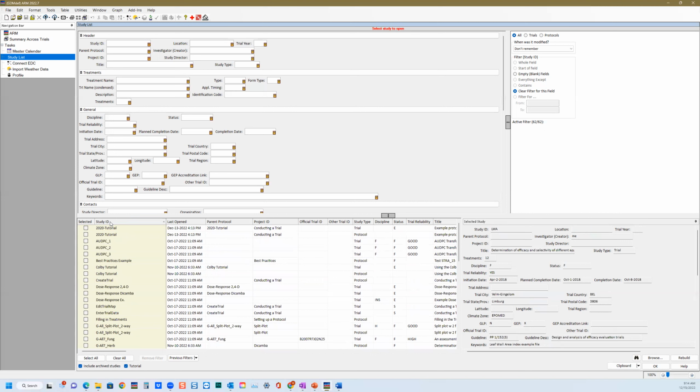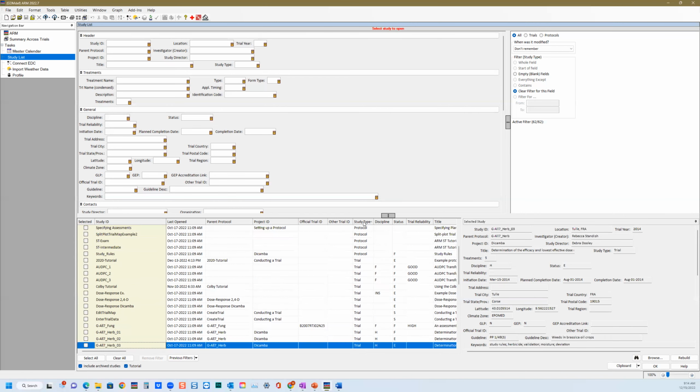It's always the first column there. It's set to be the first column. And the study ID is a generalization of the trial and the protocol ID. So each study, each file will have a protocol ID and a study ID. And so you can see right here by study type, the column down here that delineates which ones are